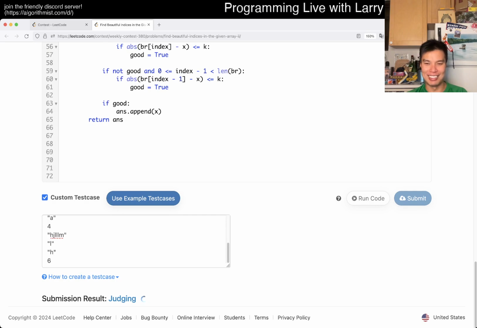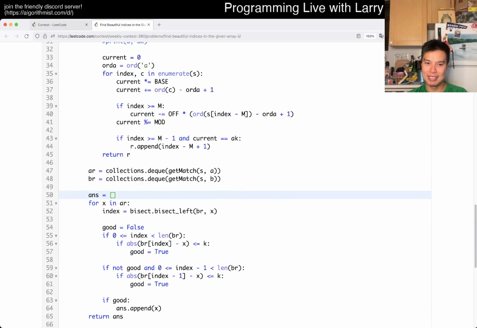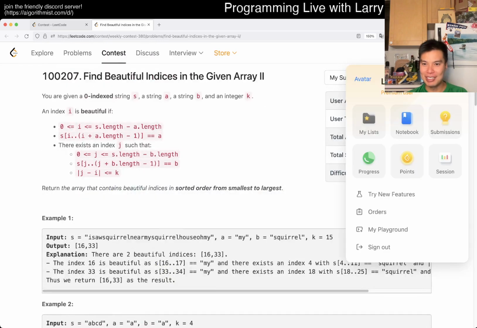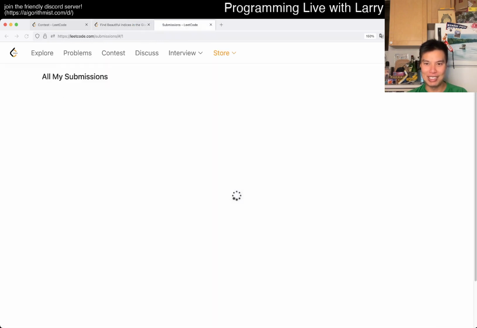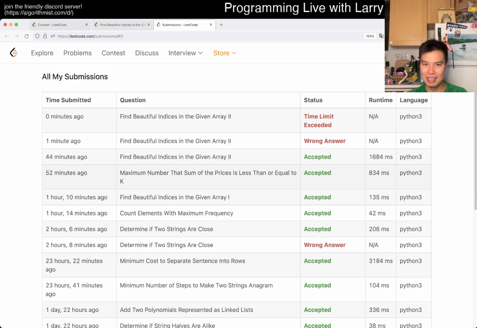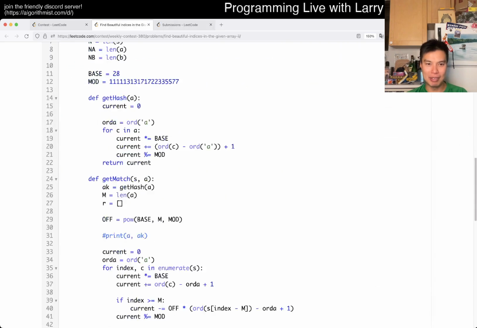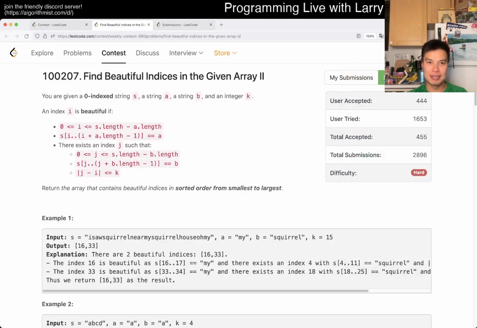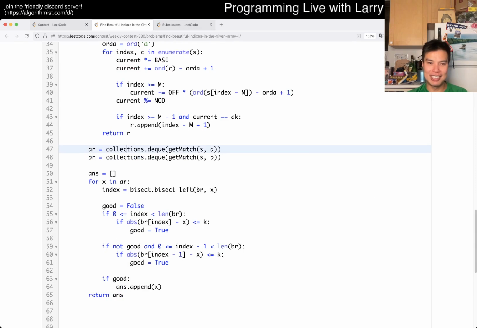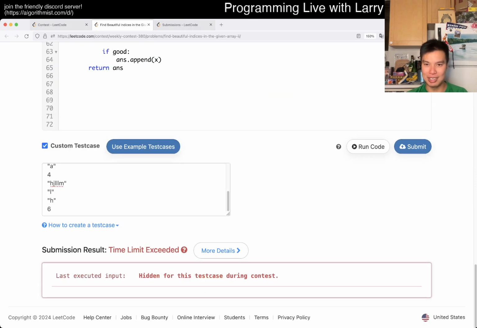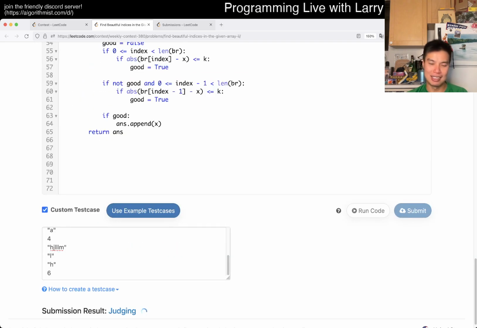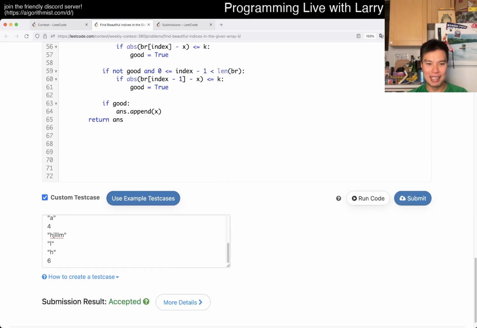Why is this taking so long? That would be... Did I do something else? Man. Well, it's a good thing that when I first submitted it was fast enough. No, I mean, maybe I just did something. Did I change something by accident? Oh. Whoops. I did, because I changed it to deque. And then it tries to do a binary search on a deque, which is not very efficient because there's no random memory access on a deque. I'm very silly boy.